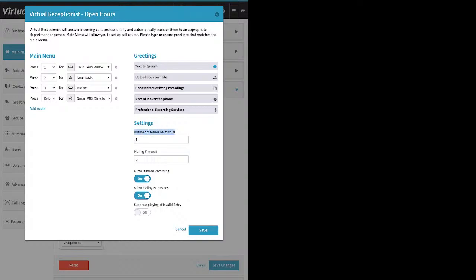Settings. First up, the first two are somewhat related: number of retries on missed dial and dialing timeout. Number of retries on missed dial is how many times the inbound caller can make a mistake. In this case, I'm saying 1, so they can make 1 mistake, and they get 2 attempts. Dialing timeout is how much time the system listens